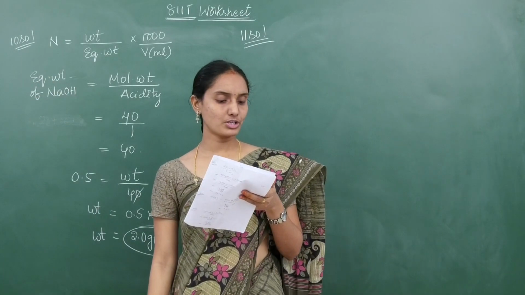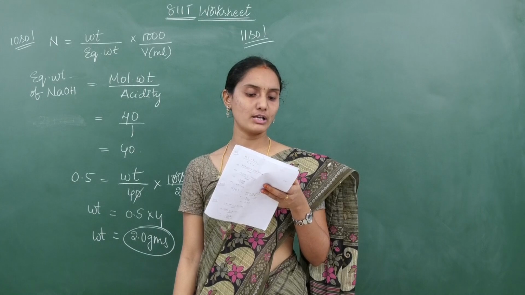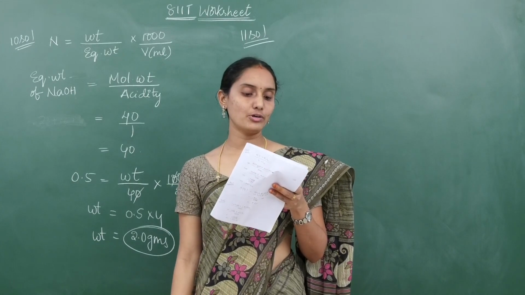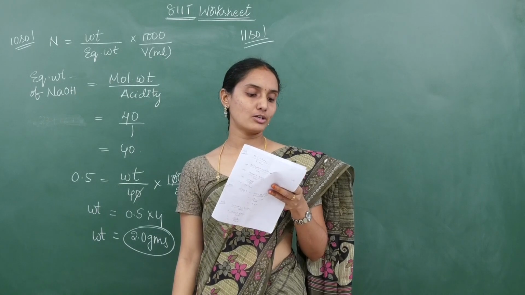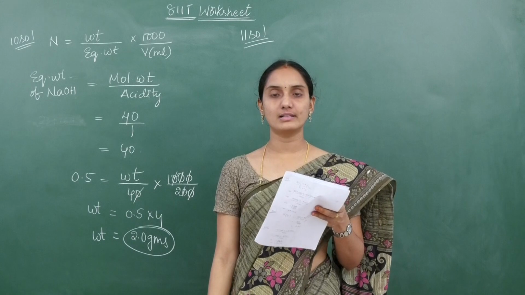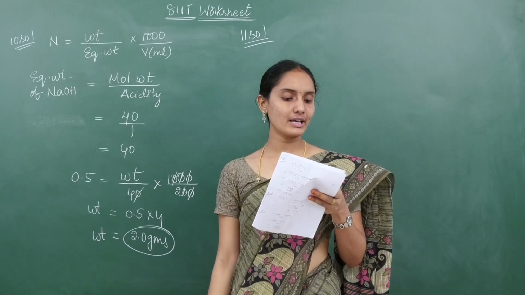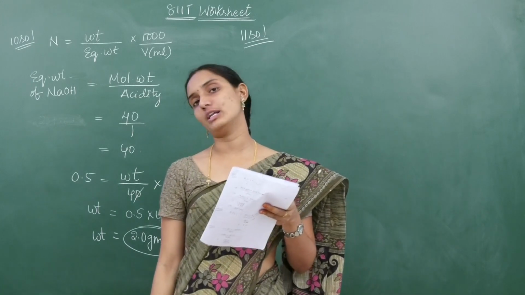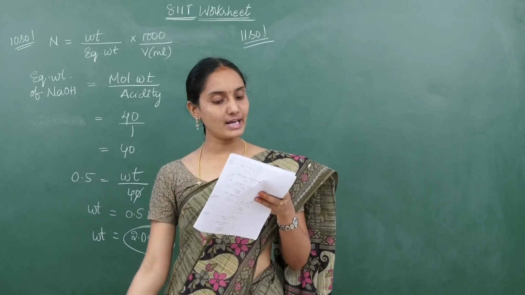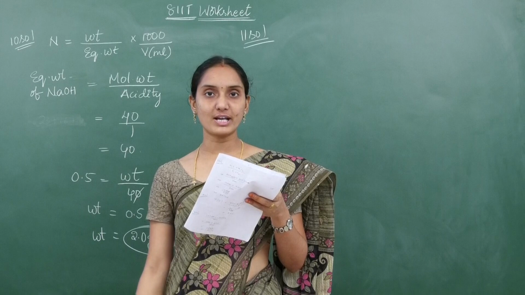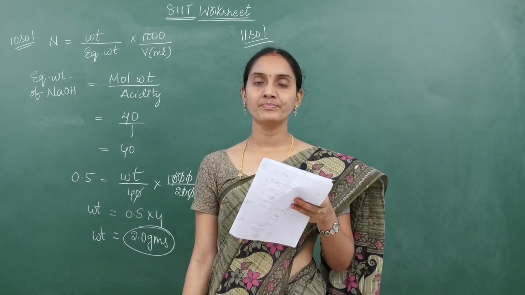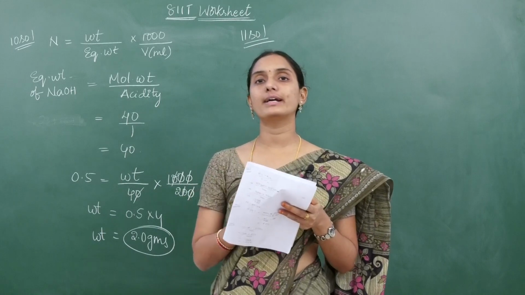So in the 11th question given to you, calculate the volume of 10 molar HCl solution that should be diluted with water to prepare 2 liters of 5 molar HCl solution, they have asked. So they have given the initial solution's molarity, but volume is not given. How much volume is taken is not given. And the final solution's molarity and volume after dilution was given. So initial volume we have to find, children.